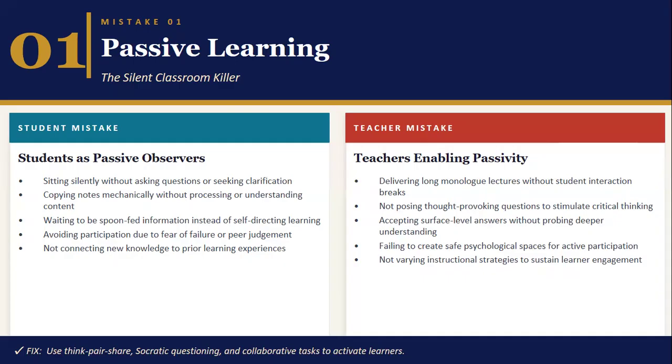How to fix the problem regarding passive learning? In order to overcome this issue, we must activate our learning process by using strategies like think, pair, and share, group discussions, Socratic questioning. So, these are the modern methodologies we have to implement in the classroom so that the students will think, discuss, and respond. Then only learning becomes more meaningful in the classroom.